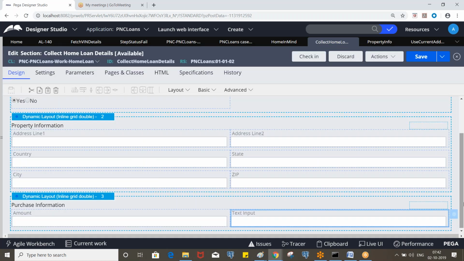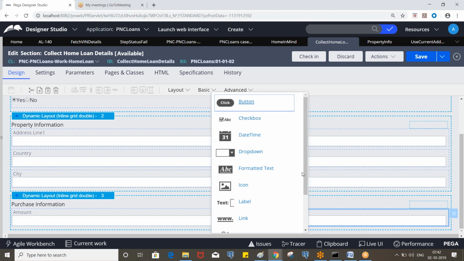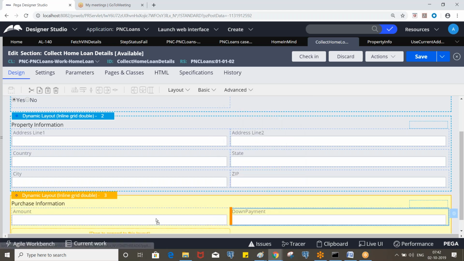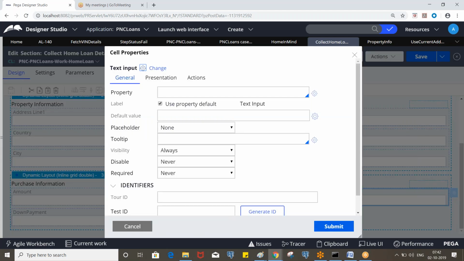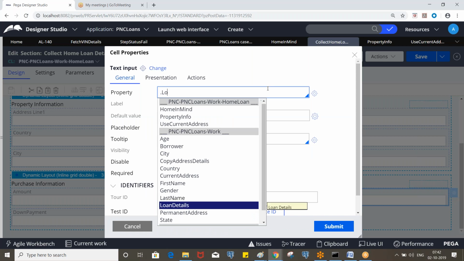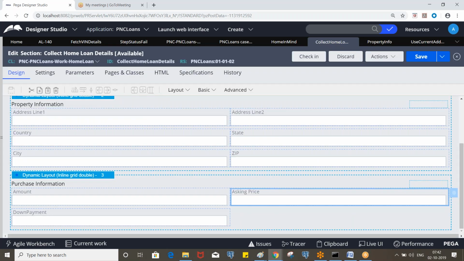And asking price, the total value of the home. Take the control, this is asking price. Clear?